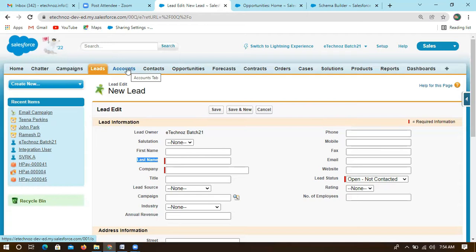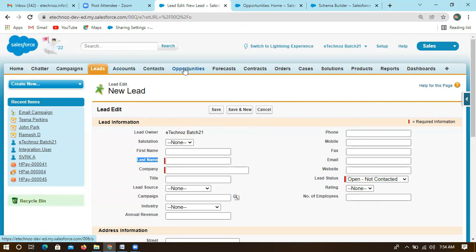But the company's representative I have to mention within the contacts. Contacts can be multiple, like within this TCS there can be multiple persons I can contact. So contacts will be multiple. These have a lookup and master-detail relationship between contact and account. So account is a parent and contact is a child.